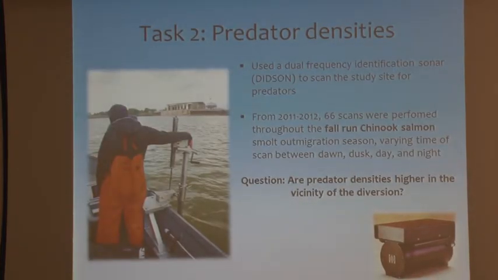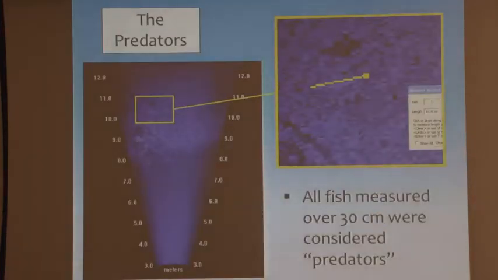One is just looking at the density of predators around these sites, and you saw some pictures. I think Jacob showed some Didson camera results, and we used very similar techniques to scan around the facilities and adjacent areas, near and far away from the facility, to count predators. And we did this day and night, crepuscular periods, in the middle of the night where we could. Turns out around the Sacramento diversion, there's a big angling community there that weren't great fans of this work, and they really fish all times of the day and night. It led to some interesting logistics and interactions with the public. Freeport doesn't have those problems for some reason.